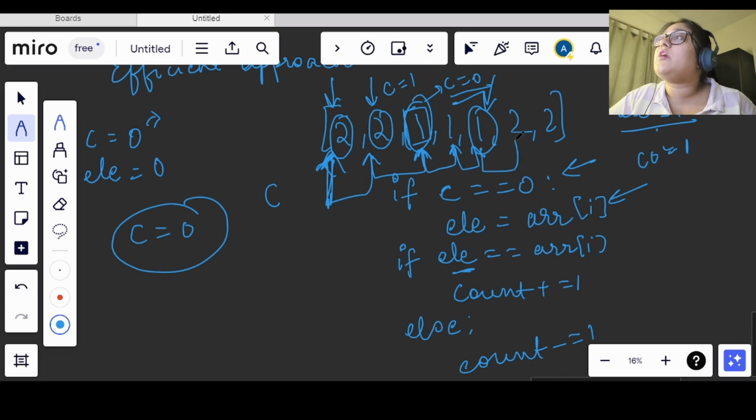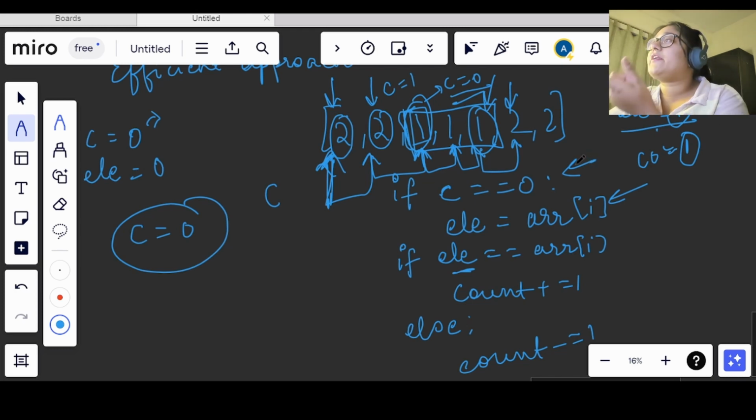Now we will come to the forward index. We see that now again we are coming across 2. Now the count for 1 was 1 here, and till now the expected majority element candidate was 1, but now we came across 2 here, right?